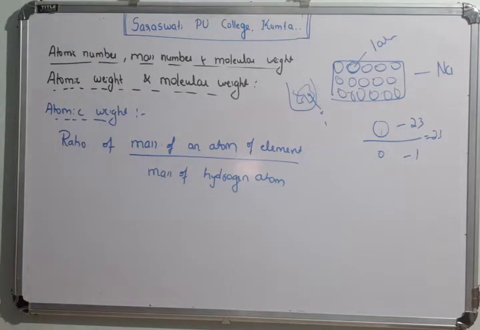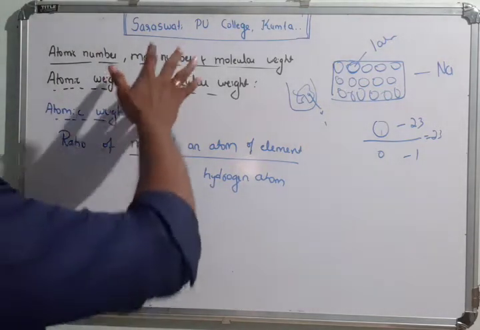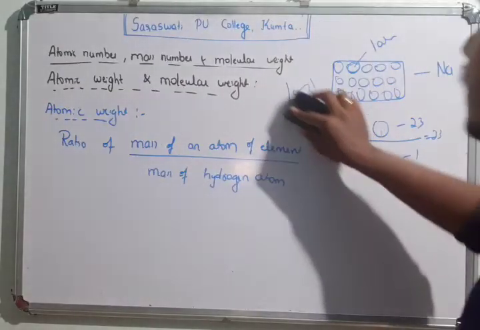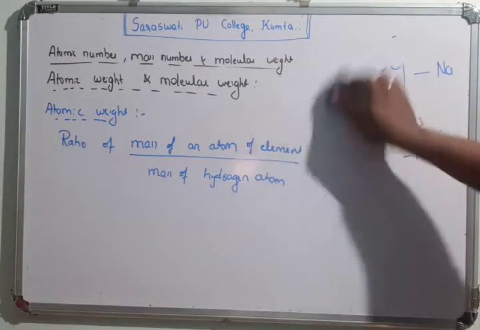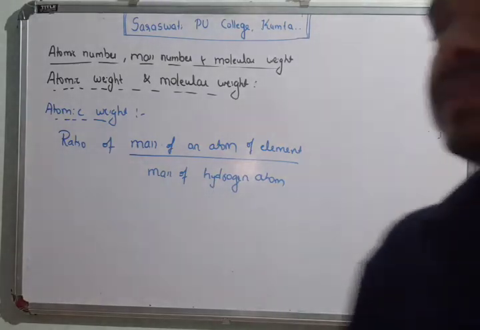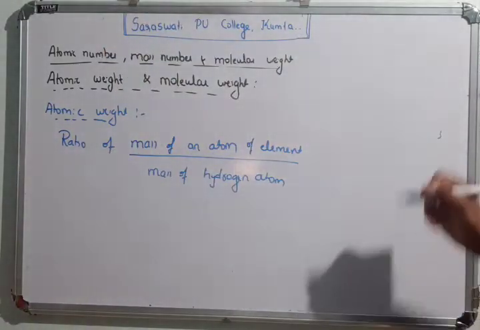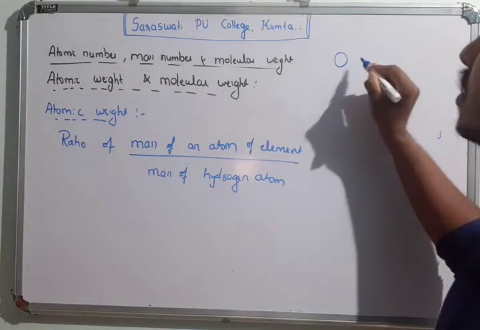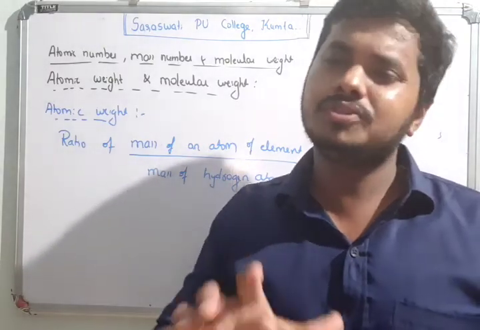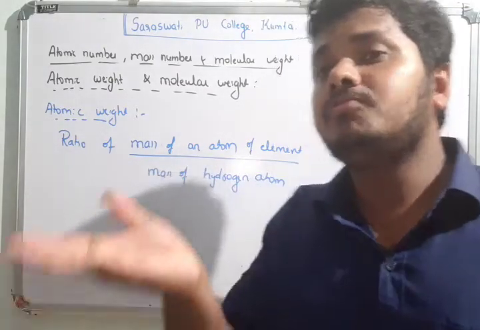So let's try to understand. So much confusion, right? What is mass number, what is atomic weight? Actually there is a different way of understanding. One way I'll tell you: if you take one atom of hydrogen, is it easy to find the atomic weight of this one? No. The weight of that one will be very less.